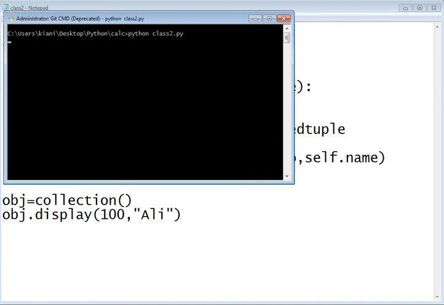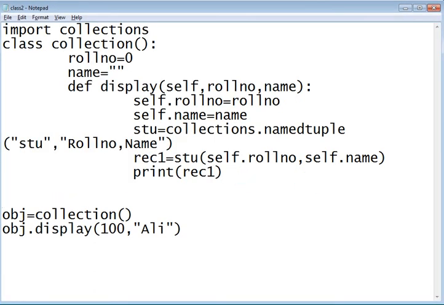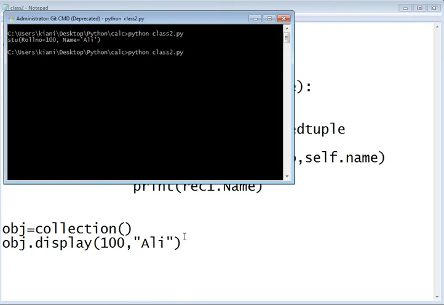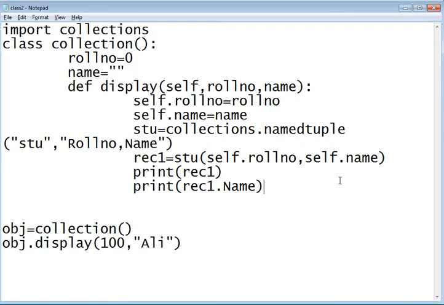Okay, let's see the output. You see, roll number 100, name Ali.